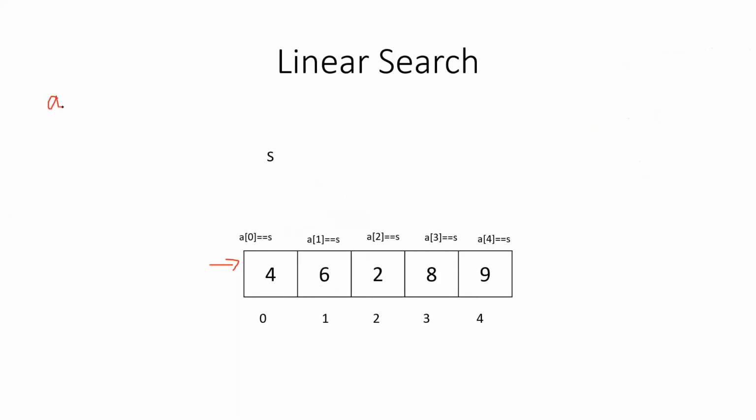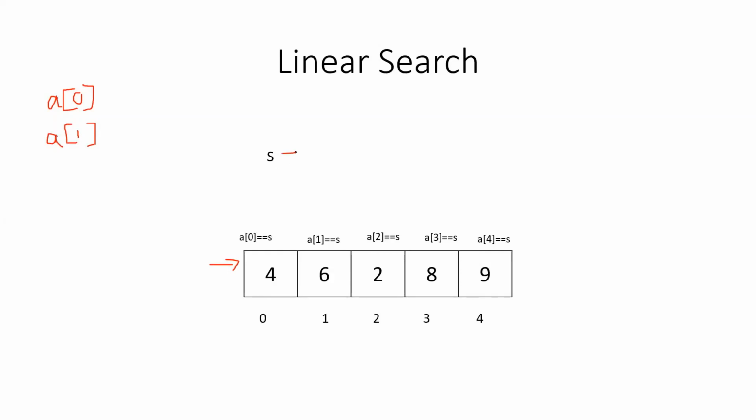Array is referred to as A. No, Gautam, you told only one variable name. That is A, but you can refer with different subscript values, right? All of 4, 6, 2, 8, 9 are in array A. But how do we access only single elements from the array? Using the index number, right? So if I give A of 0, I'll be referring to 4. Understood? If I give A of 1, I am referring to 6.